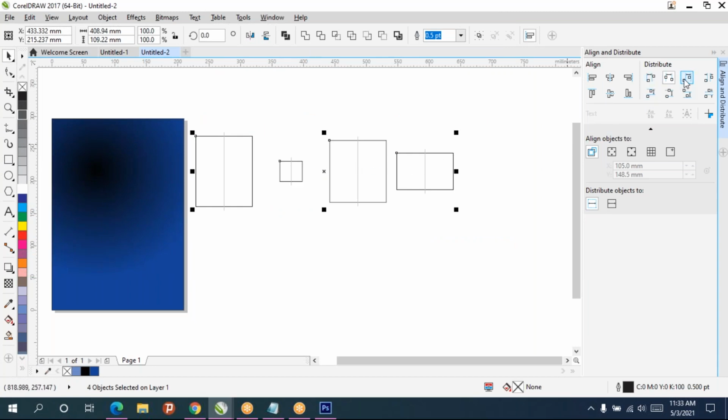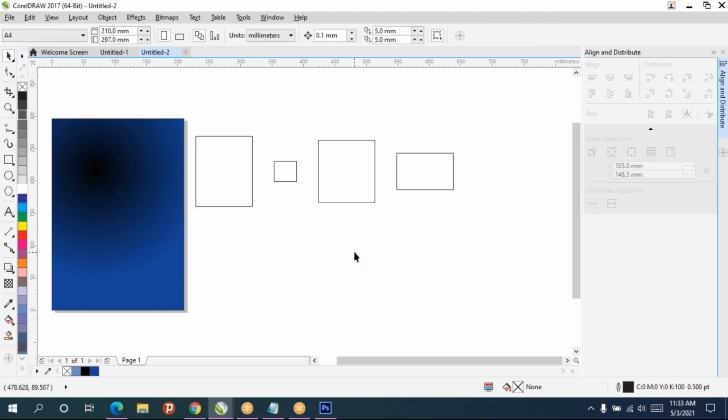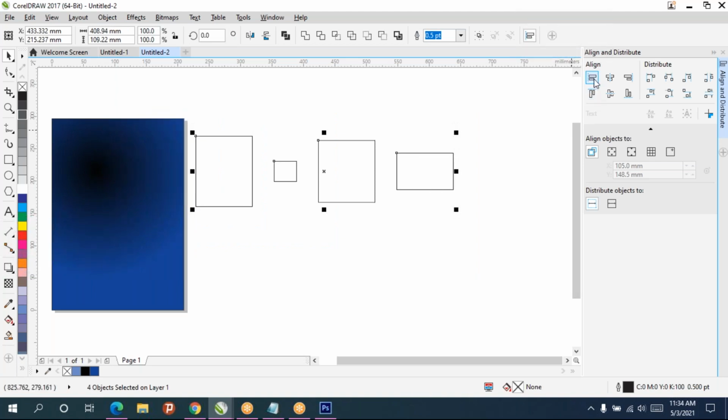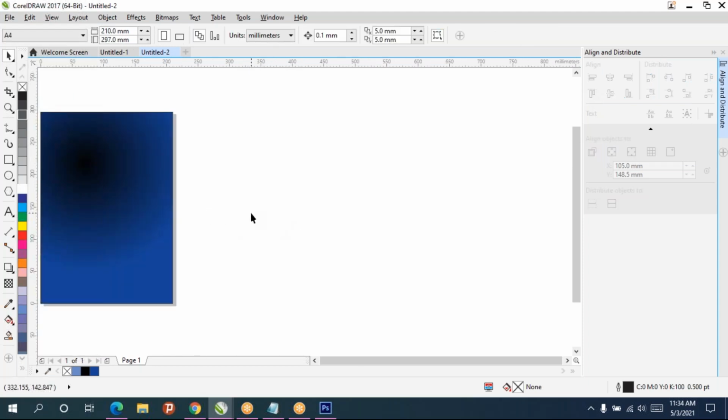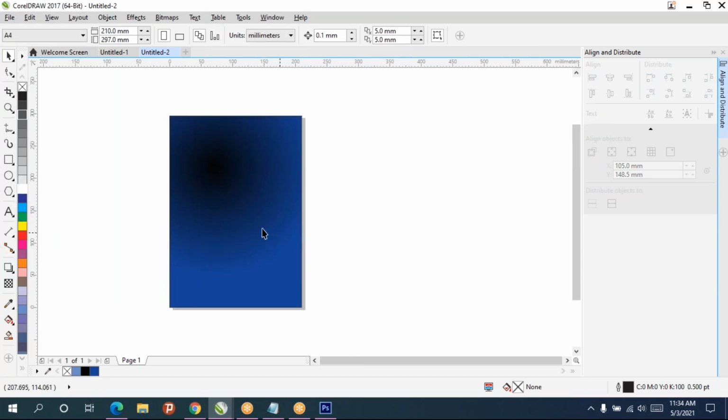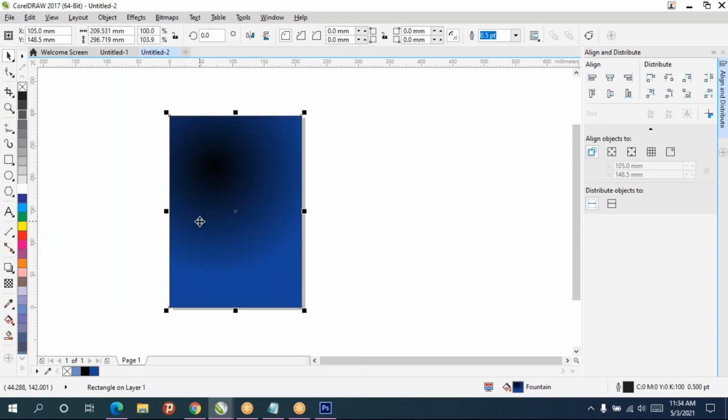So based on the center point, edges, again the edges, each edge properly. According to the right side, like this you can create. So Align and Distribute you can use in lots of methods.